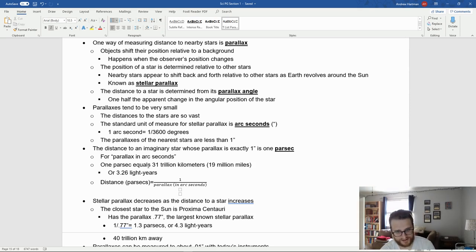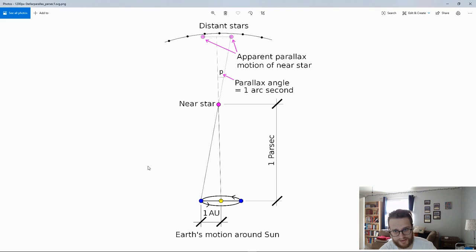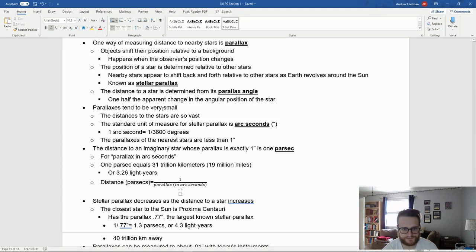And that imaginary star is 1 parsec away, which again is right here, as we can see in this image. Okay, and so parsec stands for parallax in arc seconds. And so 1 parsec equals 31 trillion kilometers, or 19 million miles,